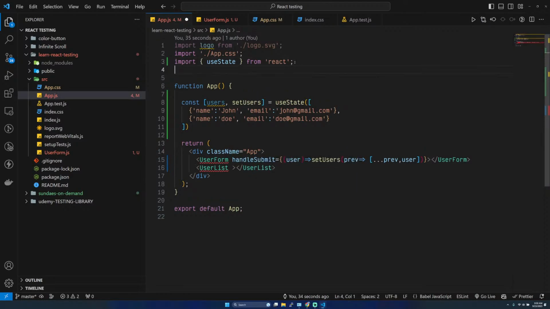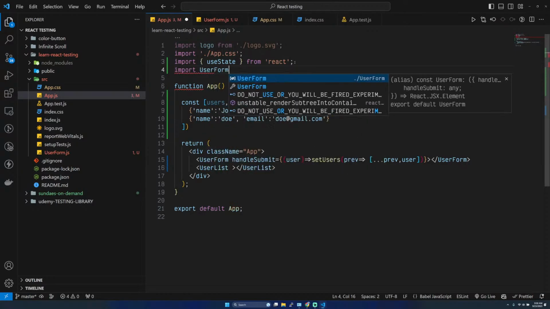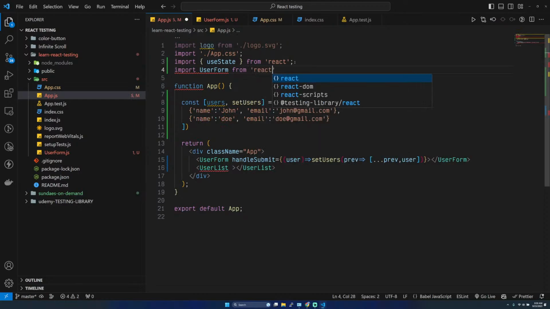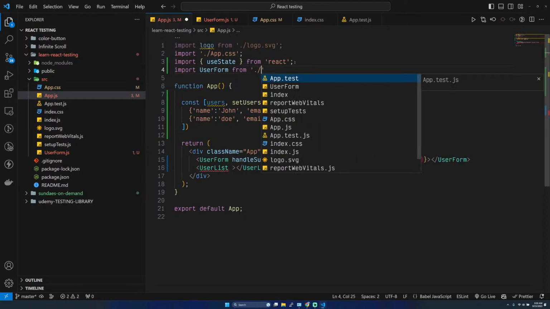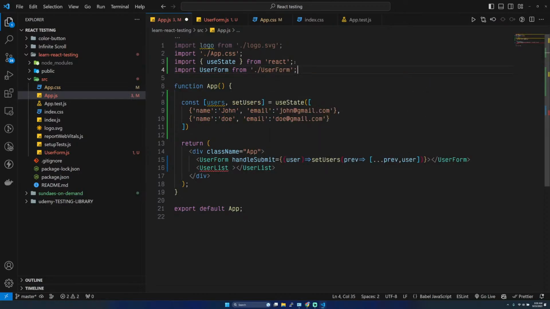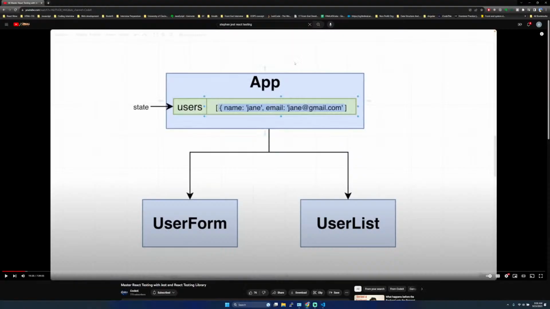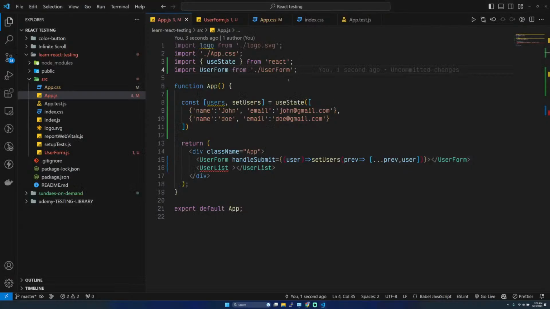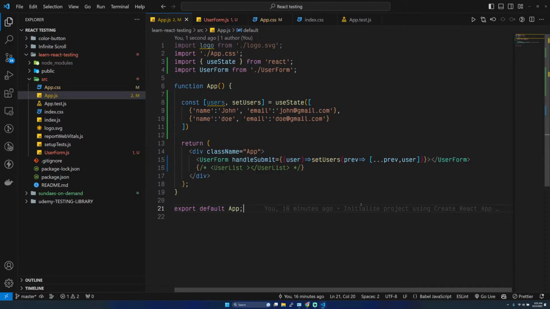No, quick fix is to import user form from React, or not from React, but from users form. And now all we have left is this guy. Once we save this, what we have to do is that we have to